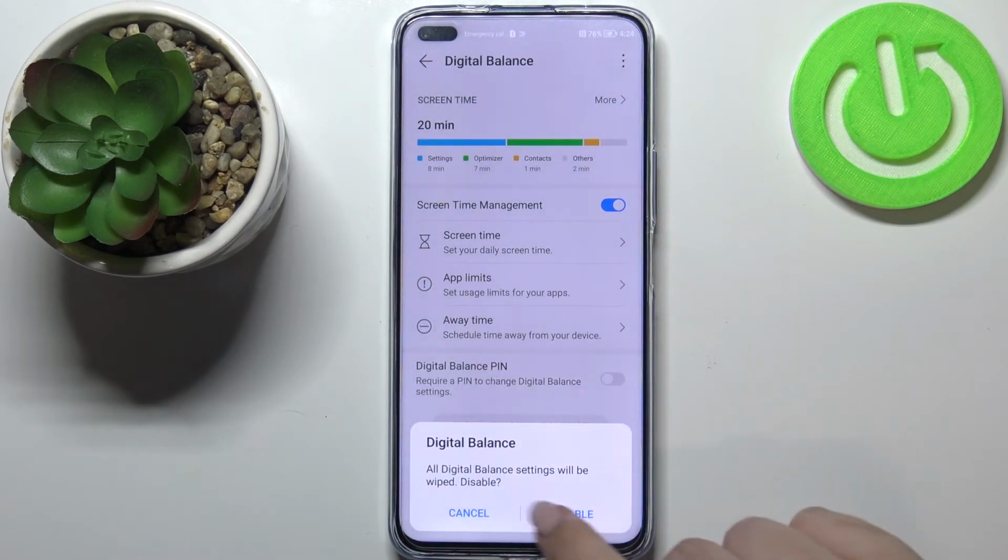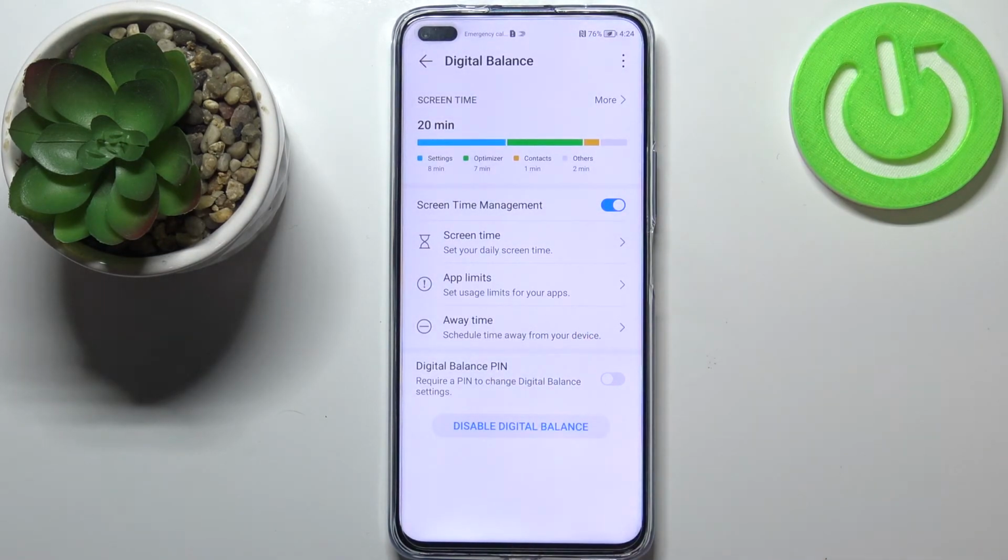You've got also the app limits, which is also a quite cool option, because if you've got some distracting apps, then you can set limits on them, so your device will probably limit the notifications from them. And you've got the away time, so if you'd like to have time for yourself to rest or to work, then you can set away time and your device will probably turn off actually everything in order to reduce